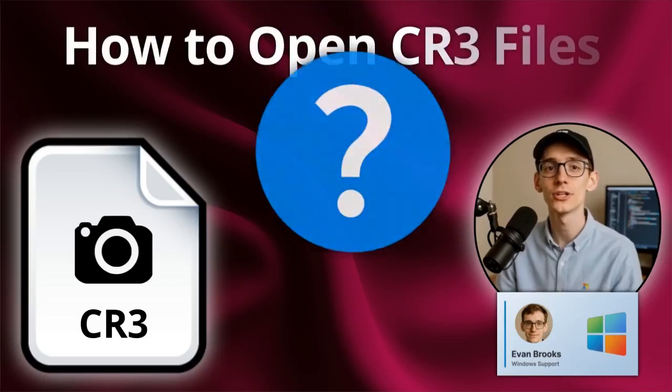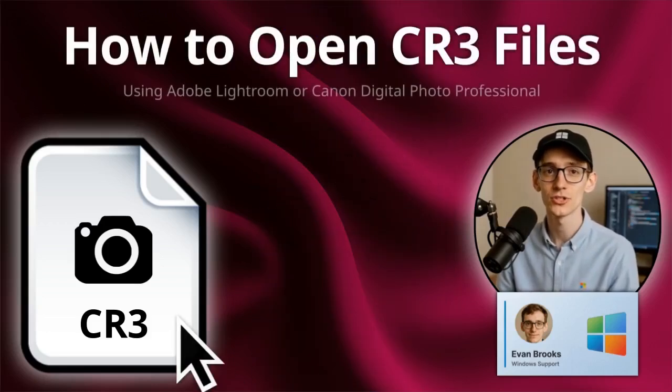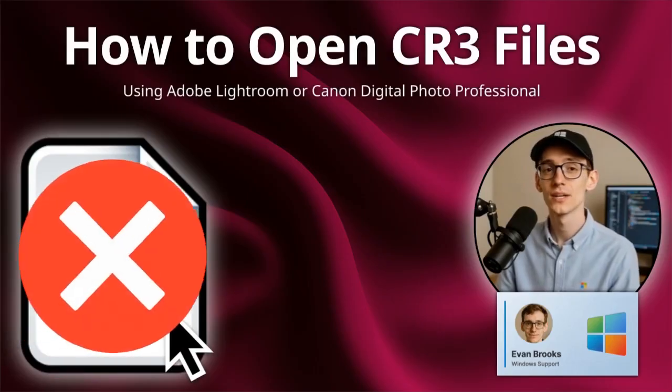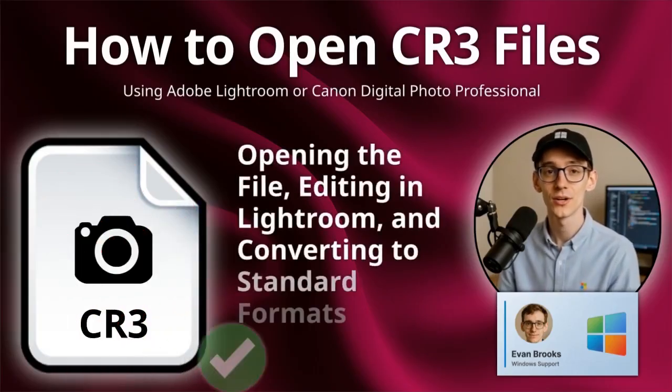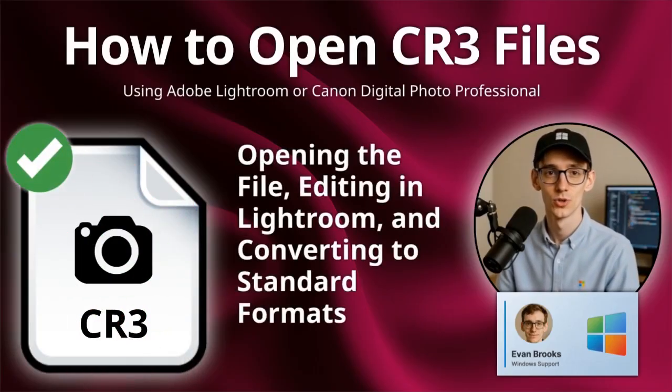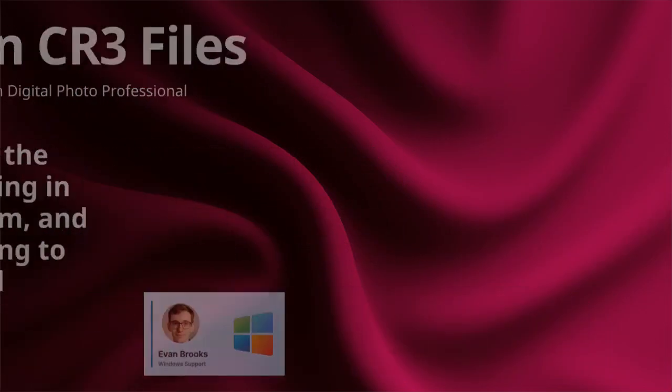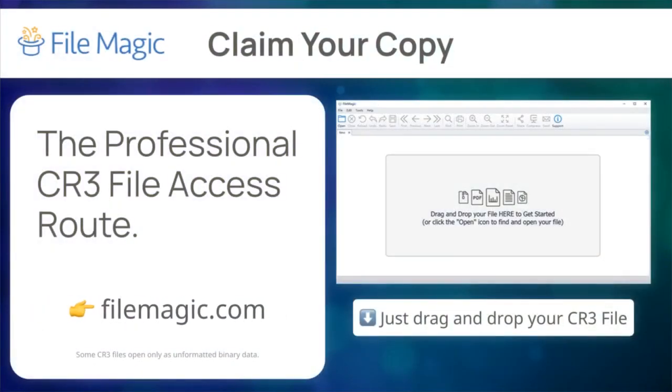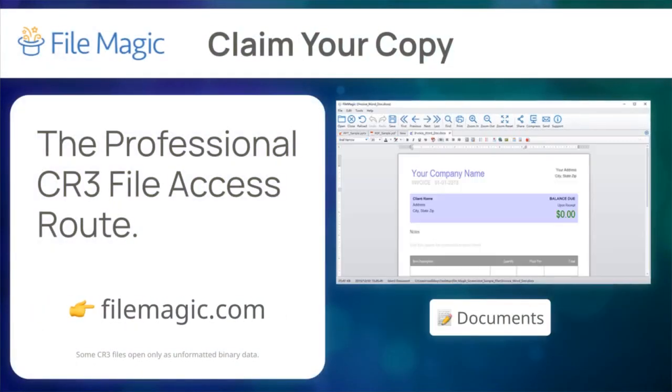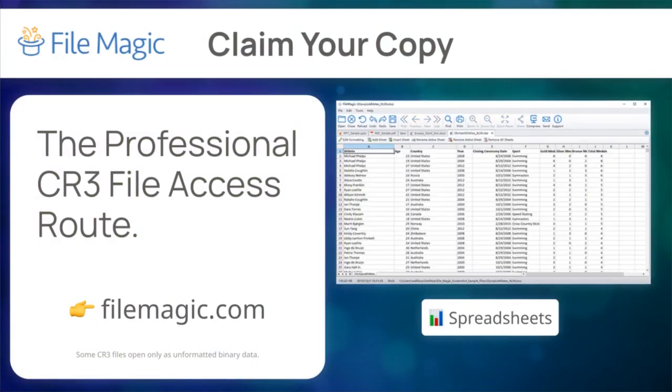The CR3 extension identifies a Canon RAW 3 image file containing unprocessed sensor data from modern Canon mirrorless and DSLR cameras. I'm Evan Brooks, Certified Support Engineer, and I'll help you open, edit, or convert these RAW photograph files. Keep watching until the end. This solution is entirely reliant on one powerful CR3 file inspection tool that you can use for hundreds of other